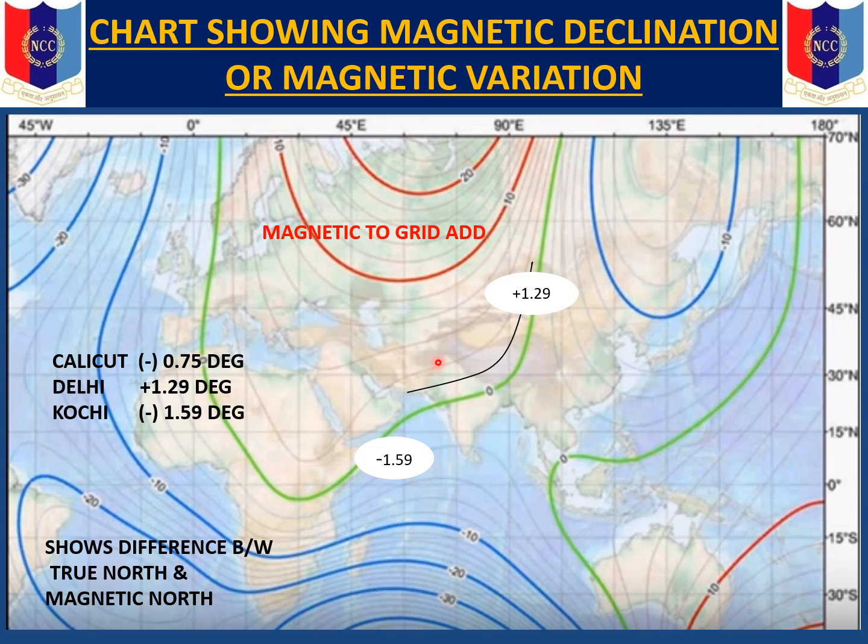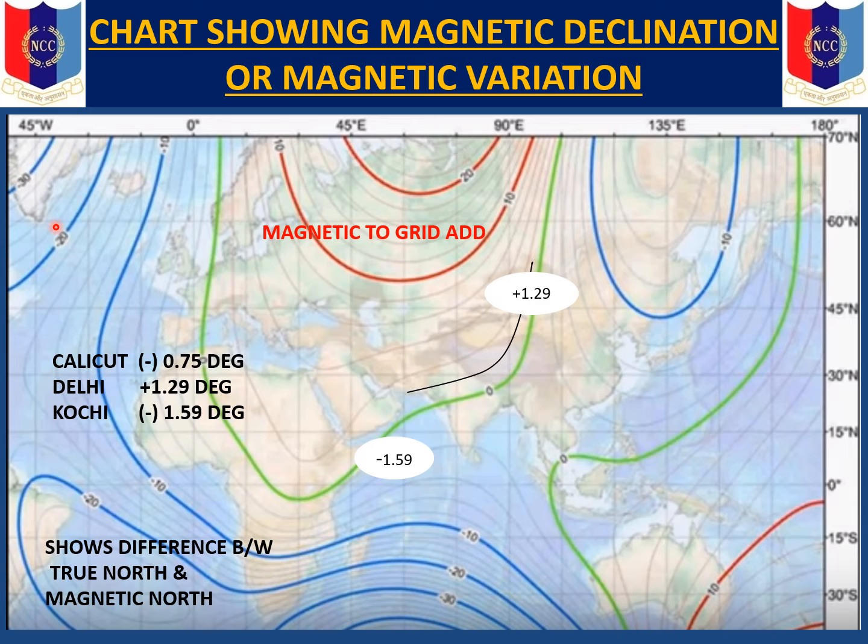So we have already seen that there are three norths. One is the magnetic north shown by the magnetic compass. True north is the line joining the north and the south pole, and we've got a grid north also, which you see from the map, a topo sheet.